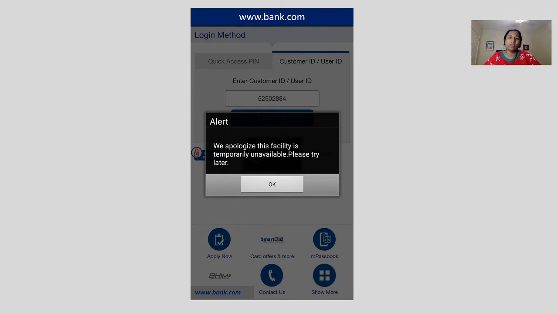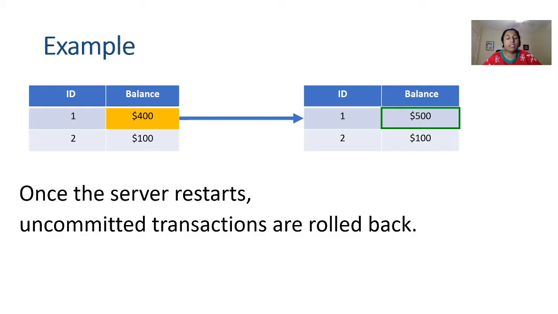So just imagine, if this transaction is ensuring ACID properties, what should happen? Let's see. Once they restarted the SQL Server, the uncommitted transaction should be entirely rolled back, leaving the data in a consistent state. This transaction is ensuring the ACID properties.